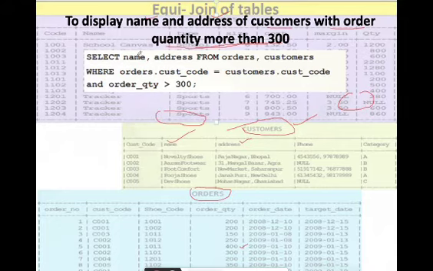Now let us see how the query will be formed. So what we'll write: select name, address. We have selected the name and address from the customer table. So from orders, customer, because the tables in reference are orders and customer, where orders dot, this is the condition of equijoin we are putting, because we have to relate two tables. They will be related by their common column, equating the common columns, and equijoin condition will be there. And there is one more condition: order quantity is greater than 300. We have to pick only where the order quantity is greater than 300, like these two records which are visible to you. So that is why we have used the AND operator here.